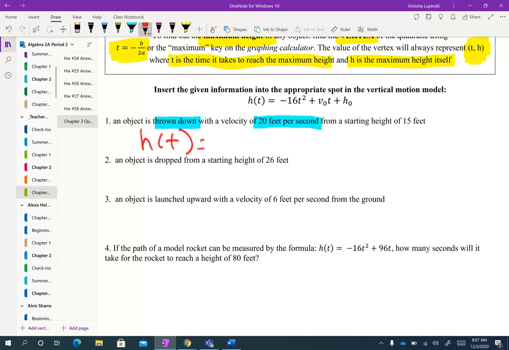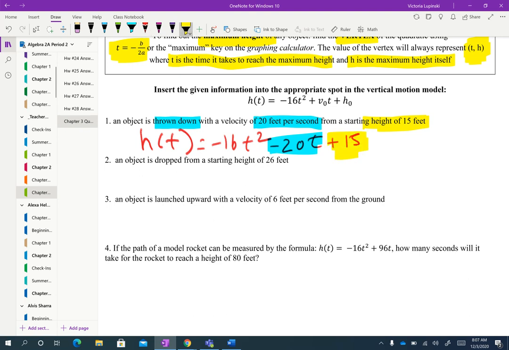So I know it's going to be h of t equals negative 16t squared because the object is thrown down with a velocity of 20 feet per second. So that's the initial velocity, which, because it's being thrown down, is how I know I'm going to make it negative 20. Then it's being thrown from a starting height of 15. So if the starting height is 15, then I'm going to do a plus 15